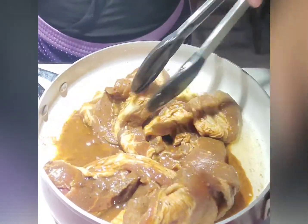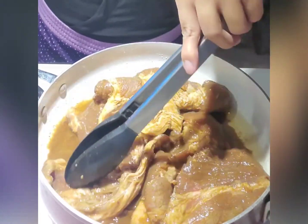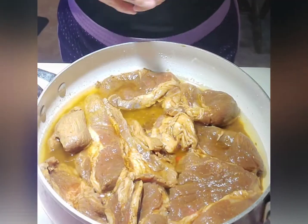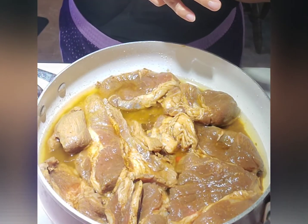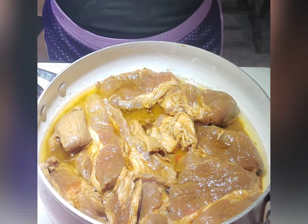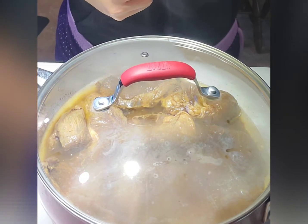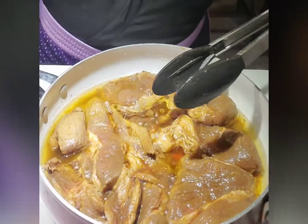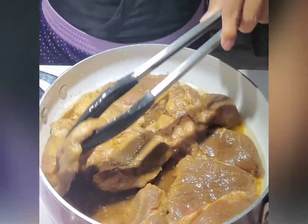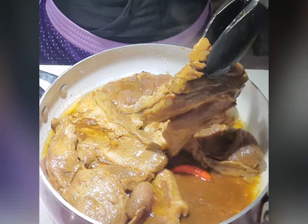Okay, so let us wait for this one. Let's simmer this pork for a minute, and then flip natin siya for another minute. Okay, so let's cover this one and let us simmer this for 1 minute, ha. Tapos after 1 minute, flip natin para sa the other side naman is simmer natin. So, after 1 minute, guys, flip natin ulit, ha? Flip natin ulit. You don't need to simmer this for several minutes or for longer minutes because